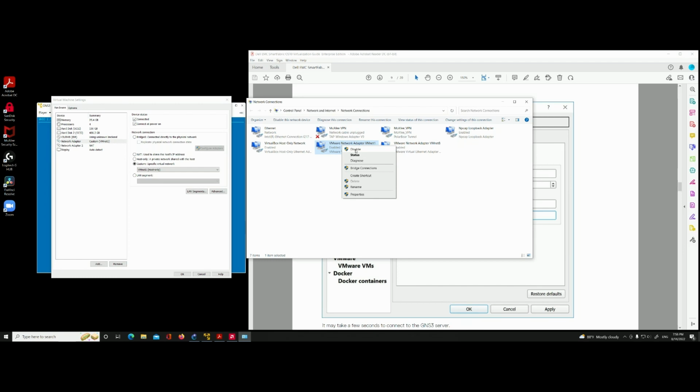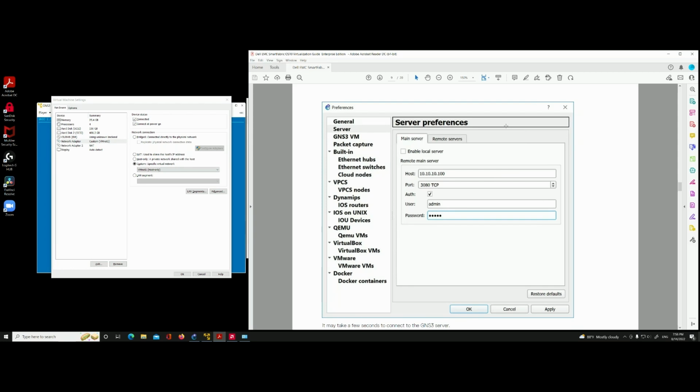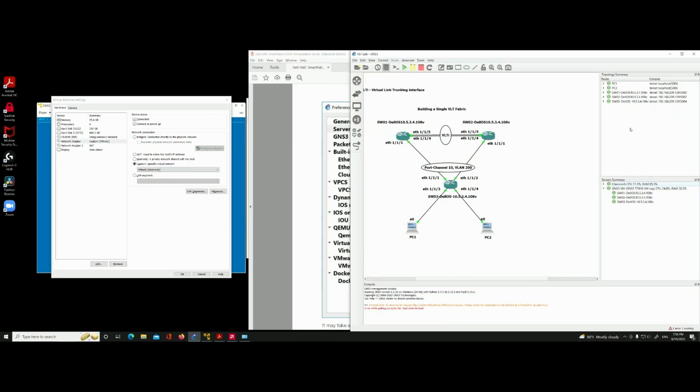Once you disable, it's going to give you the option to enable again, and once you do that, that should get you back up and running. And if that doesn't work,